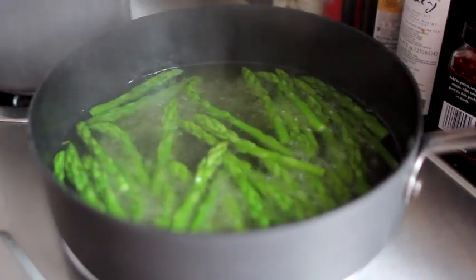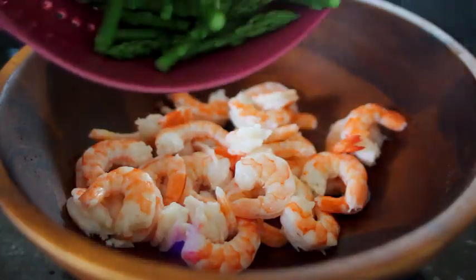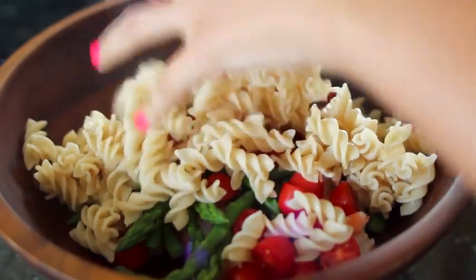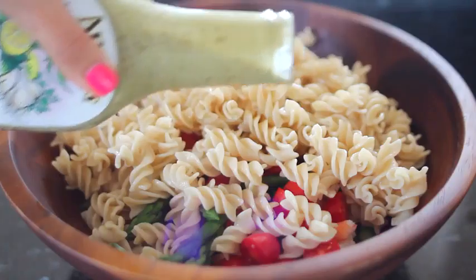When your asparagus is done, it's gonna be bright green and tender. So I'm just gonna drain it and then transfer that into a bowl with the shrimp. On top of that, I'm dumping in those tomatoes and the drained pasta. Then I'm gonna grab my dressing, give it a quick shake, and then pour it on top of all of